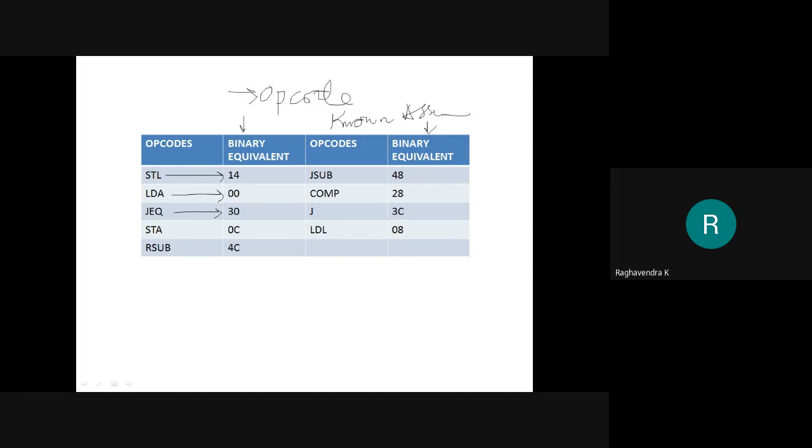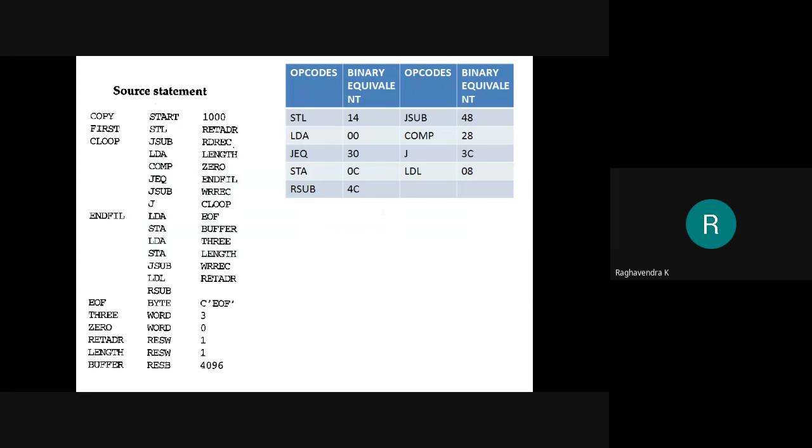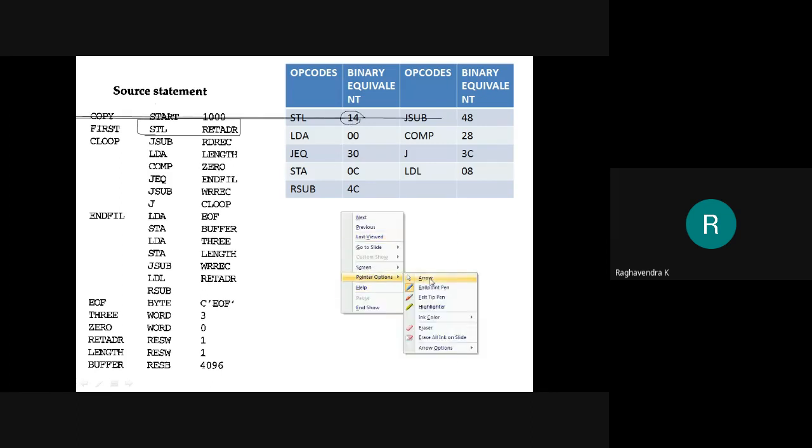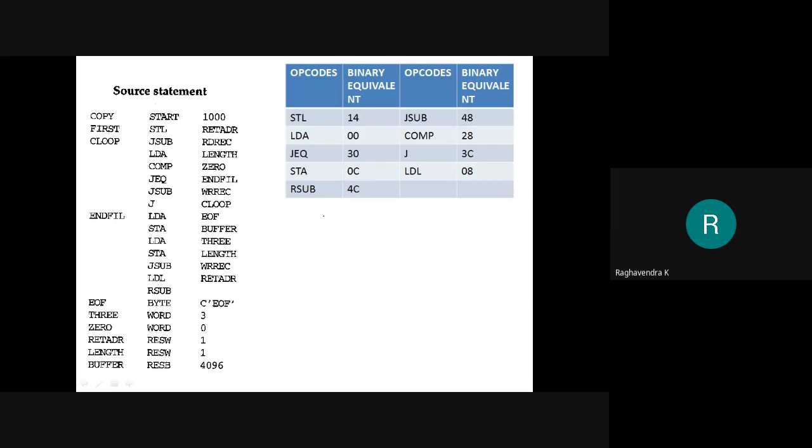So when I know the value of the opcode, translating it is very easy. For example, if I want to translate the instruction STL RETADR, I already know STL is 14, so I can simply write down 14 for the first instruction.